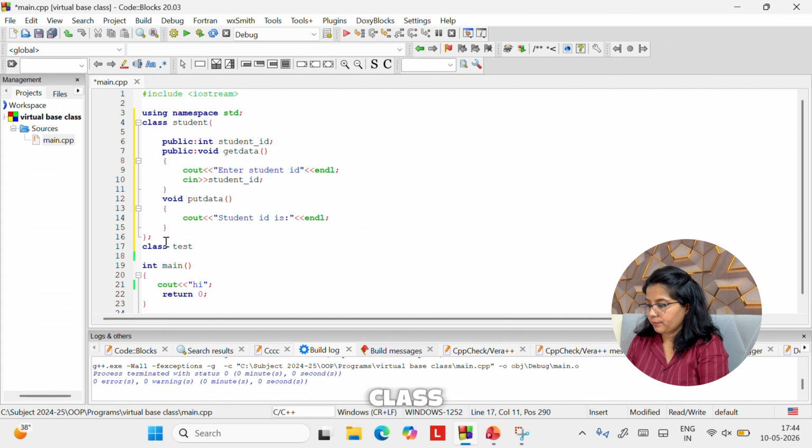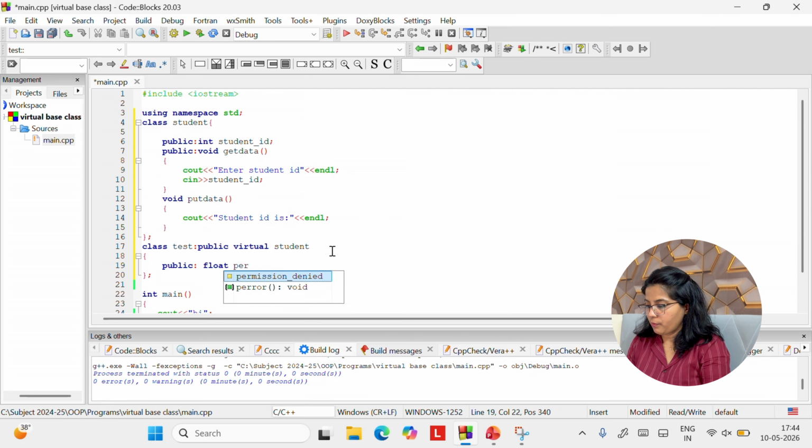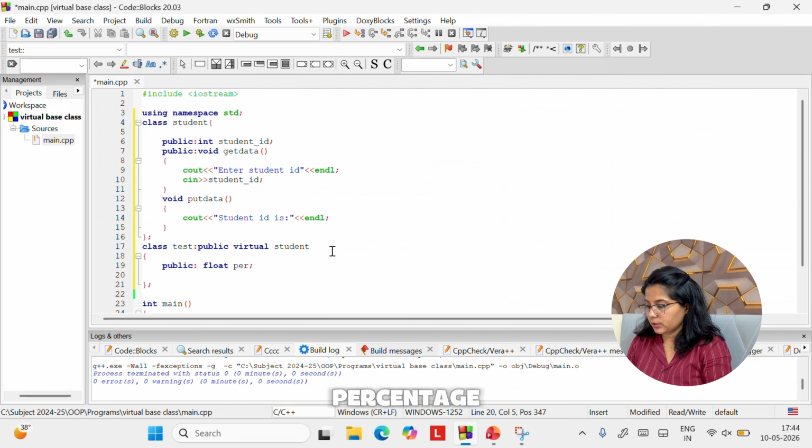Then class test colon. For class test we have student as a base class, but to avoid the duplication, what we need to do here is declare it as virtual with the help of the virtual keyword. Now it will have its own data, that is public, float percentage,